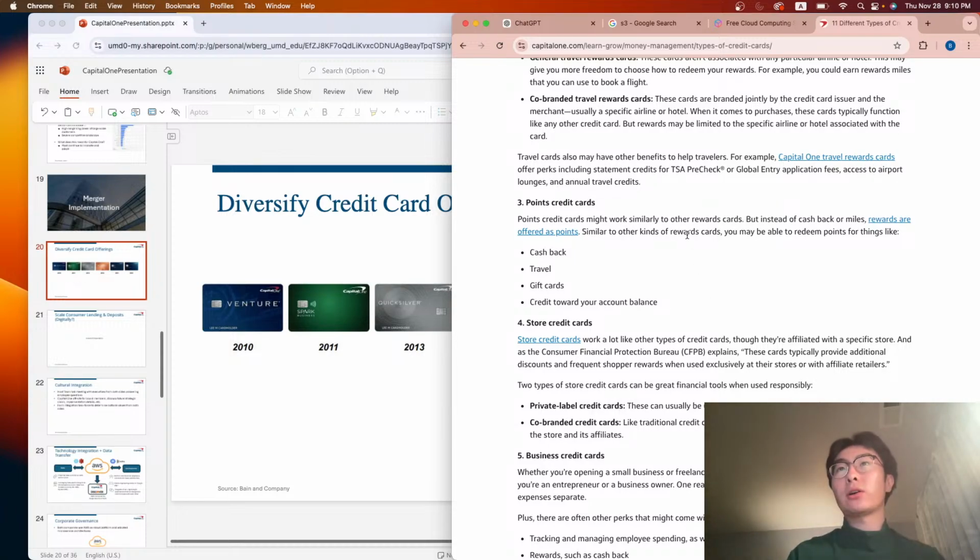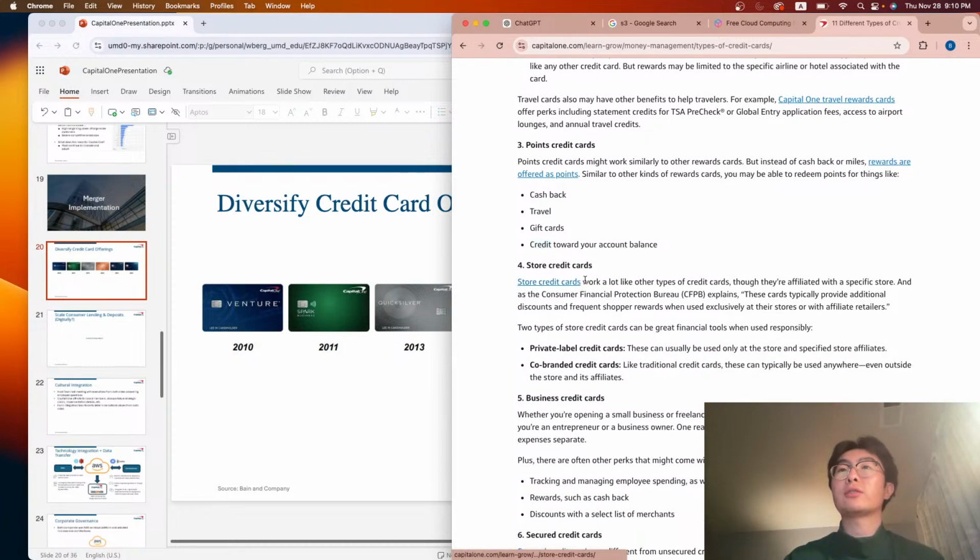So points credit cards might work similar to other rewards cards, but instead of cashback or miles, rewards are offered as points. Okay, cashback, travel, gift cards, store credit cards. I guess these are co-branded almost. And as the Consumer Financial Protection Bureau explains,